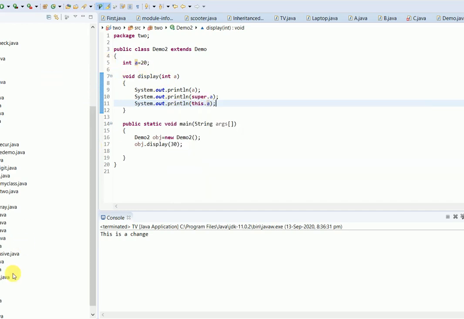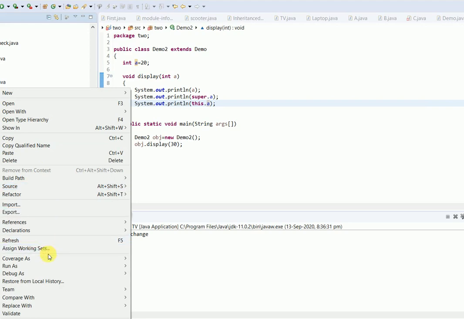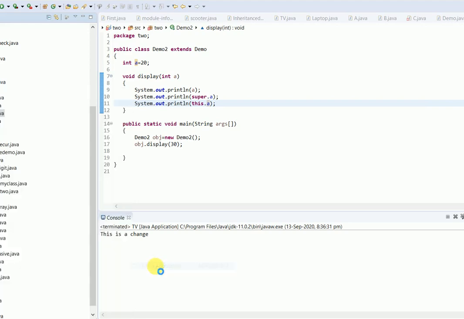So let's quickly run that and see. I am running the Demo2 class and seeing the output. The first one is printing 30, the next one 10, and the third one 20.